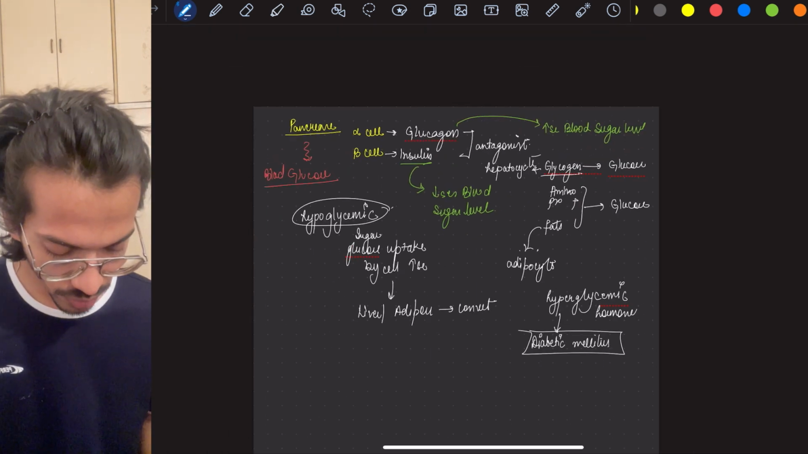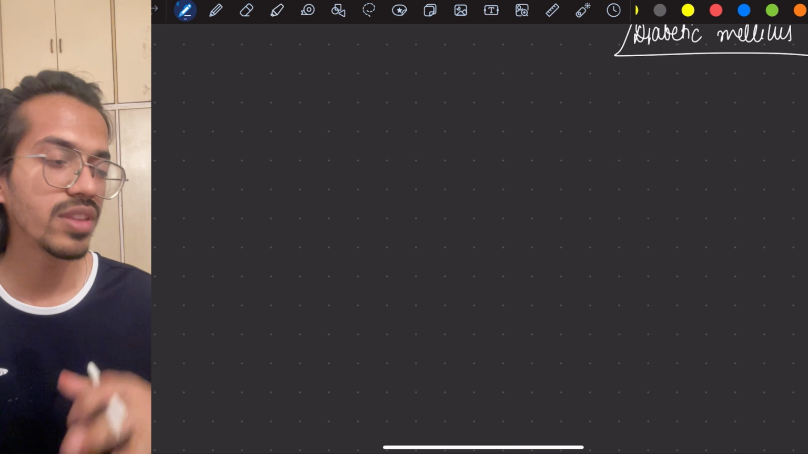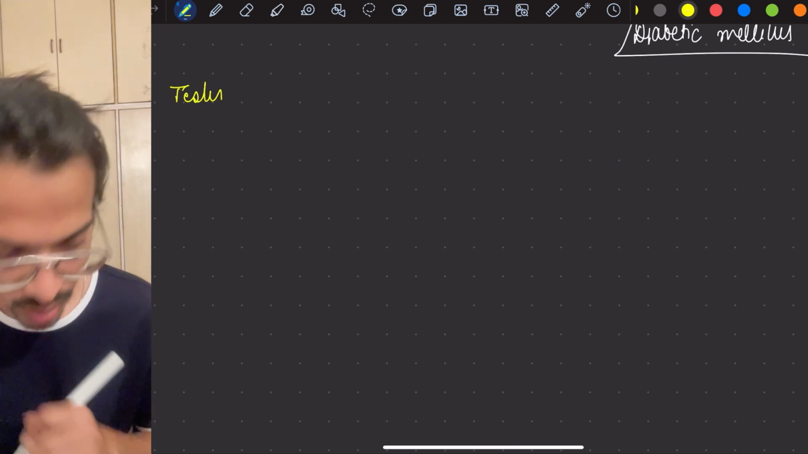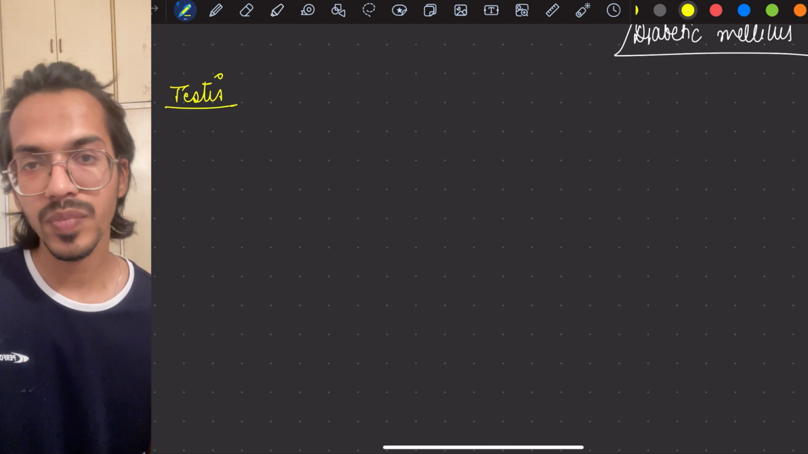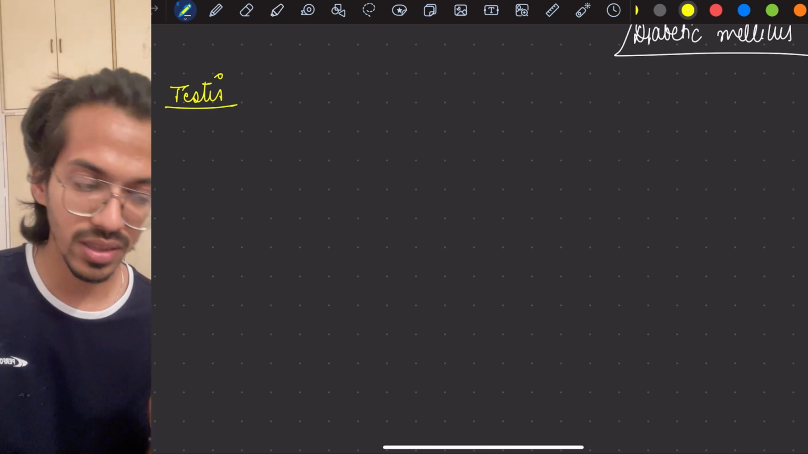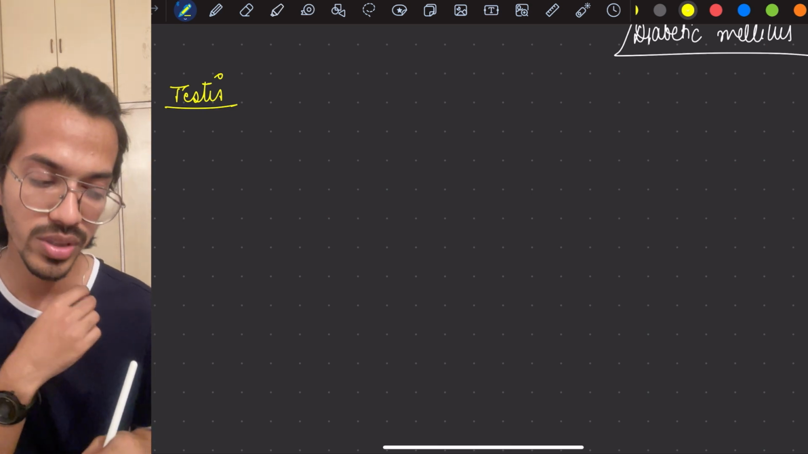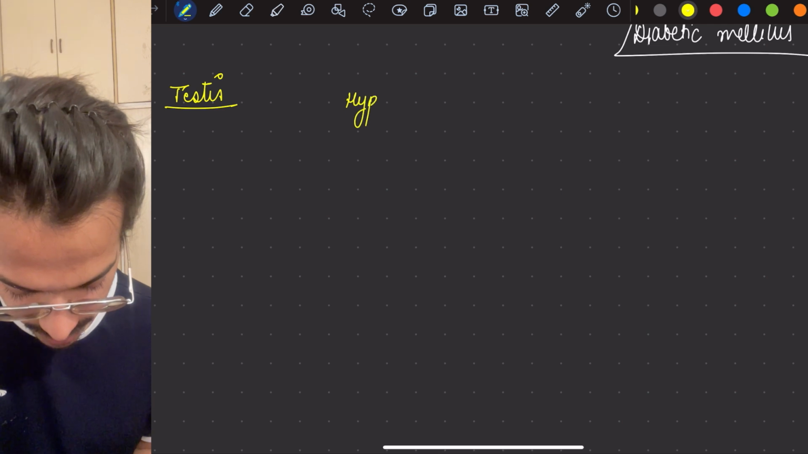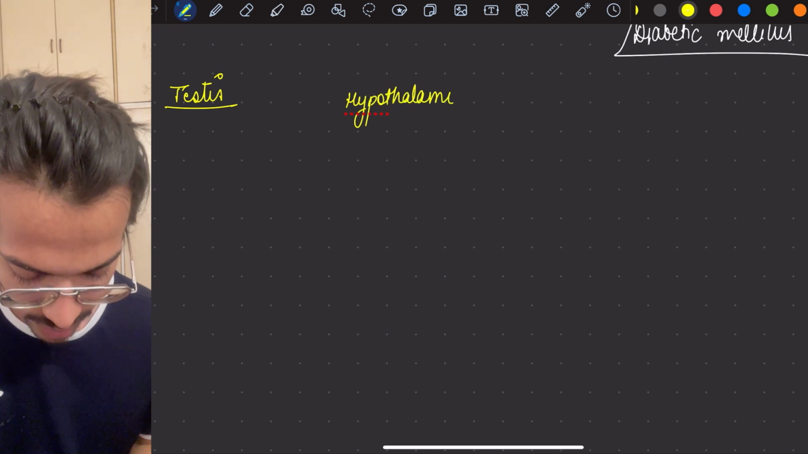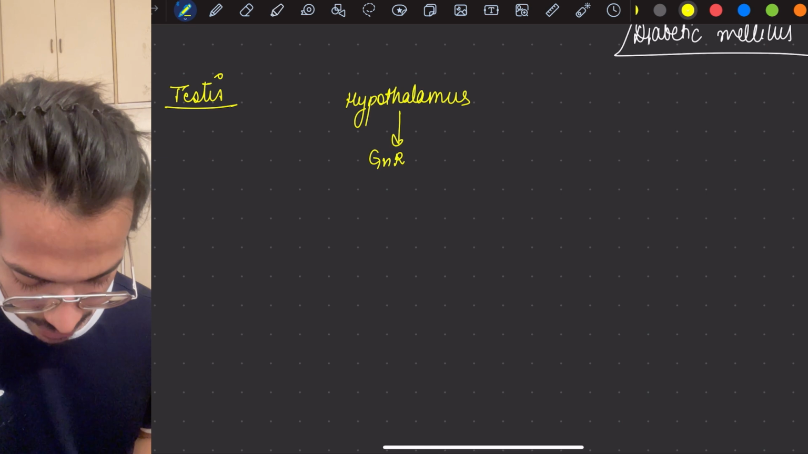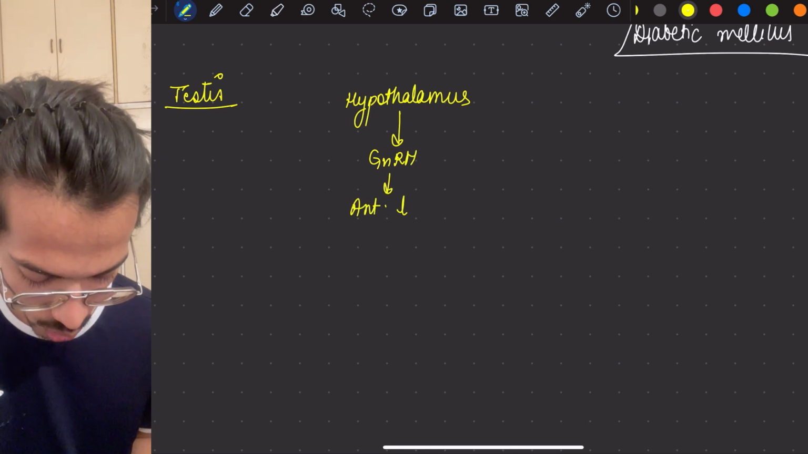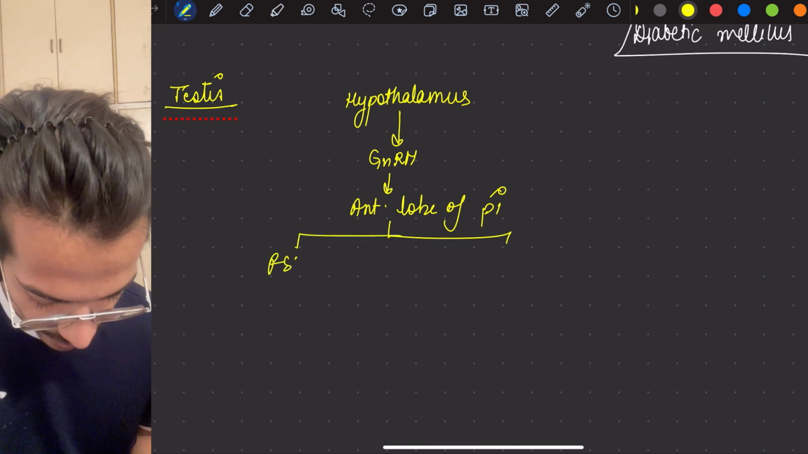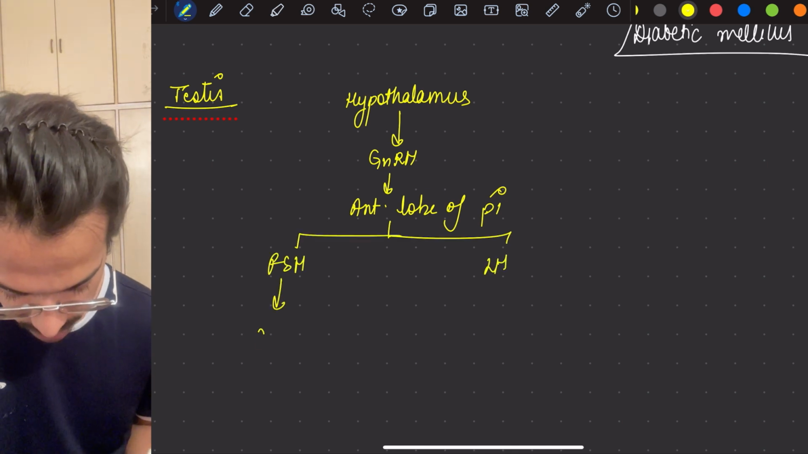pancreas. Moving on to the next one, after the pancreas we have the gonads. The first one is the testes. Now if you remember the human reproduction chapter, in that also we have done the hormonal controls. Here, in the hormonal control, your hypothalamus, just listen carefully, will release gonadotropin releasing hormone. It will act on the anterior lobe of the pituitary, which will release FSH and LH. FSH will act on the Sertoli cells,